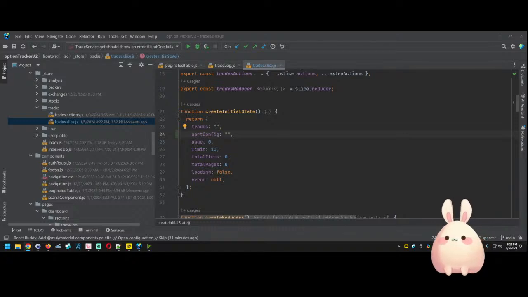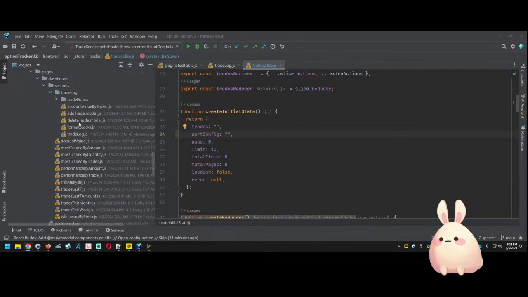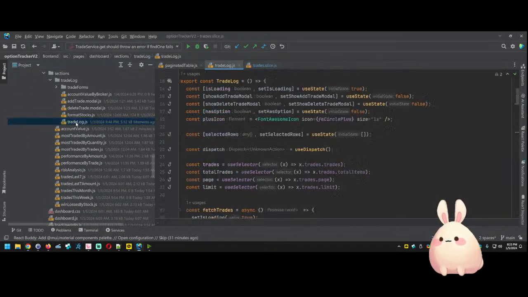And we're also going to need to adjust backend support. Right now, we'll write the front end in pieces, and then we'll adjust the back end. So we have our sort config, and what we're going to pass back to the back end is the column and the direction that we want to sort. So we'll have our sort config that we keep here, and on the trade log,